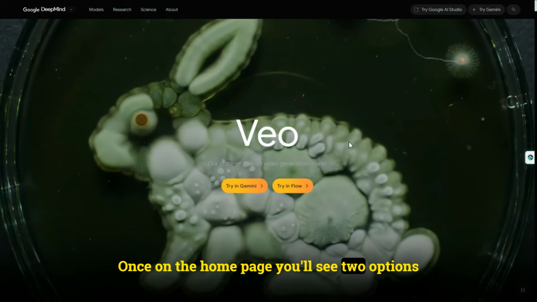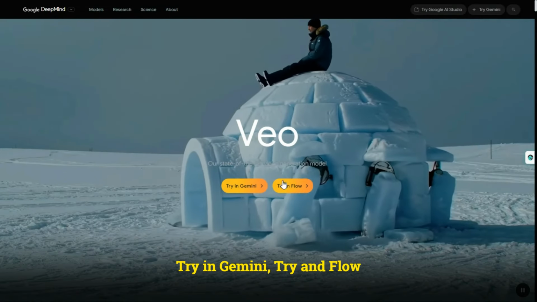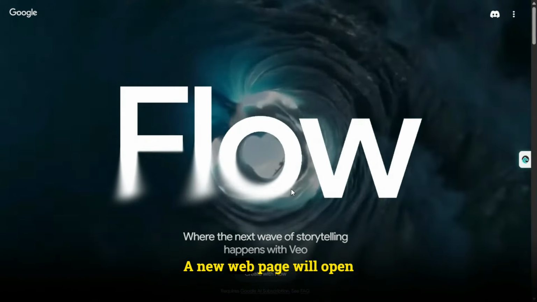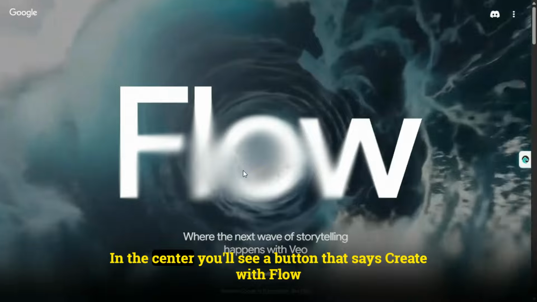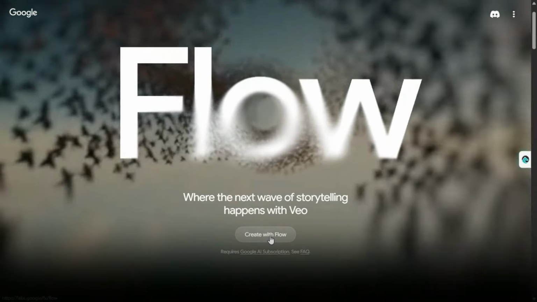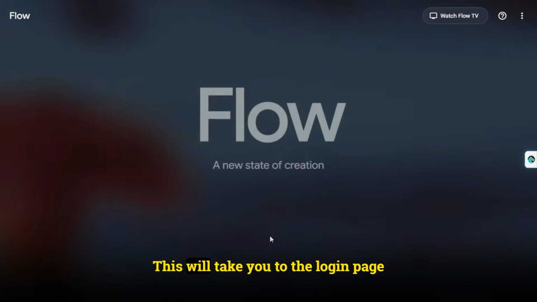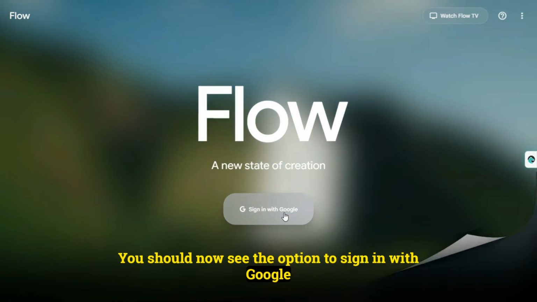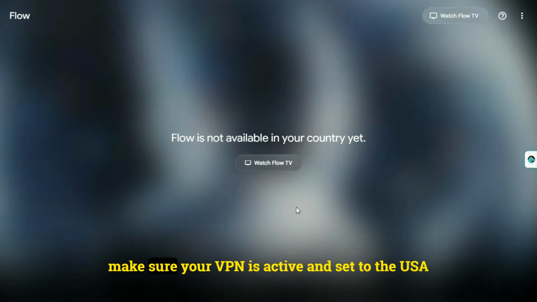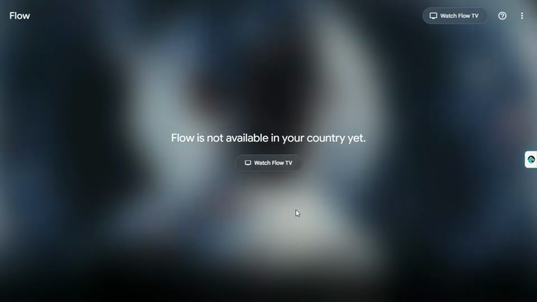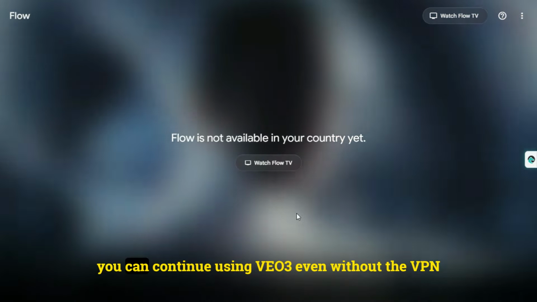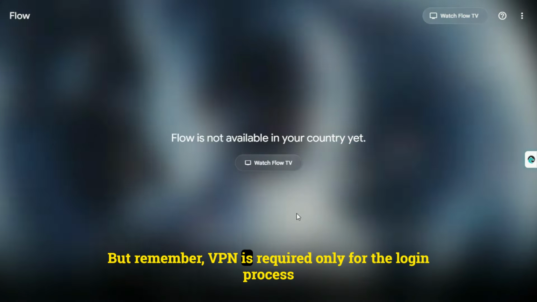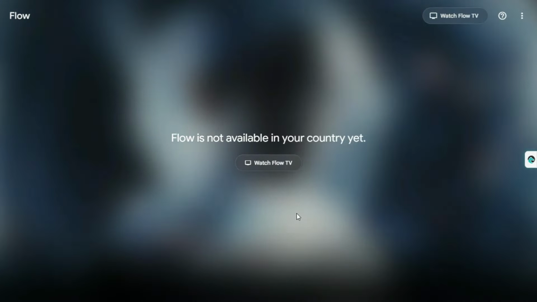Page, you'll see two options. Try in Gemini. Try in Flow. Click on Try in Flow. A new web page will open. In the center, you'll see a button that says Create with Flow. Click on it. This will take you to the login page. You should now see the option to sign in with Google. If you don't see this option, make sure your VPN is active and set to the USA. Once you're logged in, you can continue using Veo 3 even without the VPN. But remember, VPN is required only for the login process. Now let's